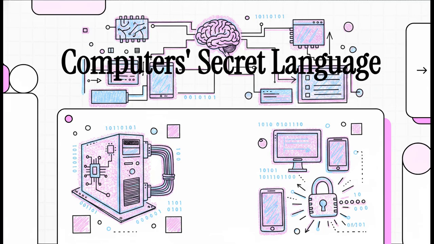We're surrounded by all this amazing technology. Our entire lives are sitting on these tiny chips of silicon and metal. But have you ever really stopped to wonder how it all works? How does a chunk of metal understand a photo or your favorite song or even just the words you're seeing right now? Well, today we're going to crack the code on the secret language that makes it all possible.